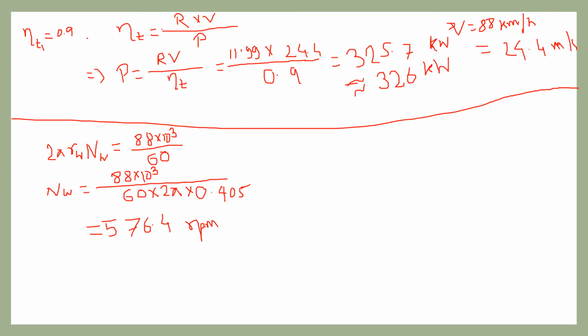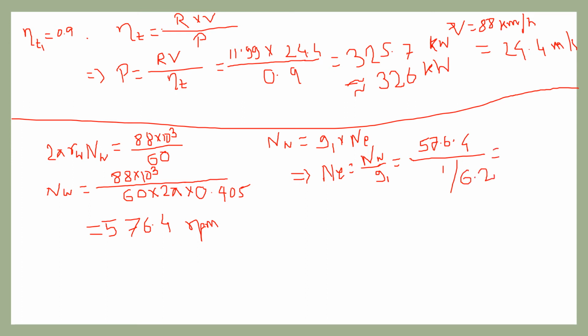This one is the speed of the wheel, and now we know the relation between the engine speed and the wheel speed, that is G1 into NE. So from here we can find that NE equals NW by G1. NW is known, that is 576.4, and G1 is known, that is 1 upon